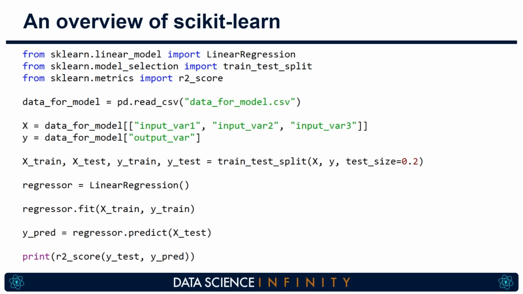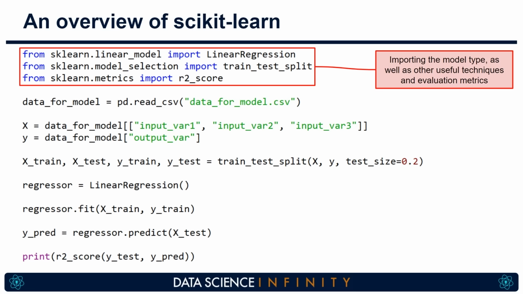The purpose of this is to get you familiar with the types of things that you will see in the practical tutorial and will mean you will hit the ground running. Firstly, once in Python, we will be importing a model type and other tools from scikit-learn, and you'll notice that this is referred to as sklearn here rather than the fully spelled out scikit-learn. In our example code here, you'll see in the top line of code that we are importing linear regression. If we were running a different type of model, we'd import that instead. And we will be using the random forest regressor when we get to the practical tutorial very soon.